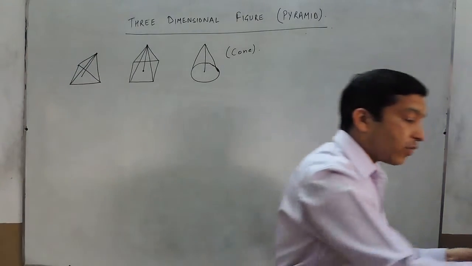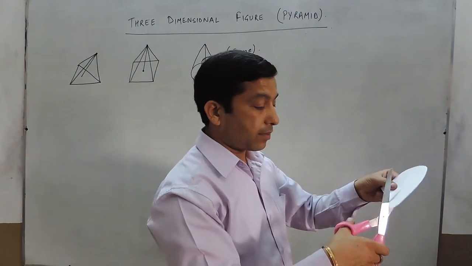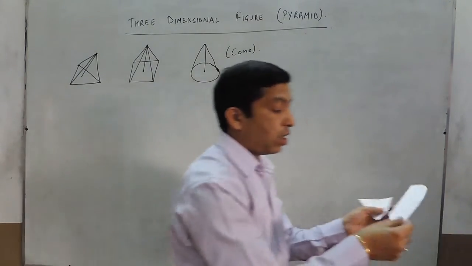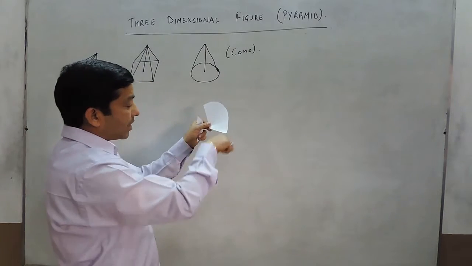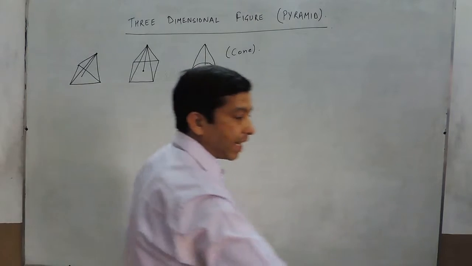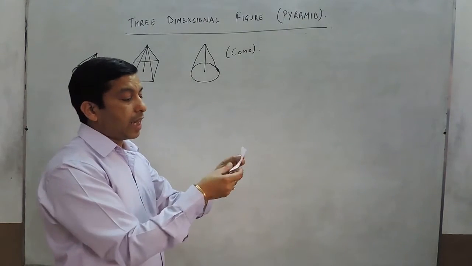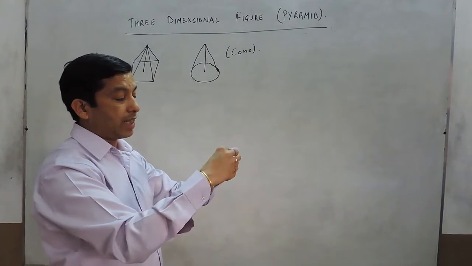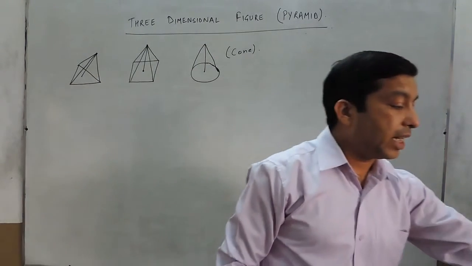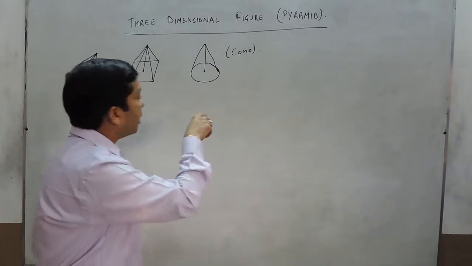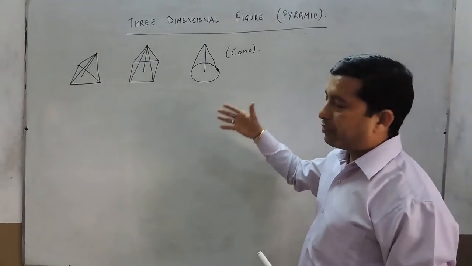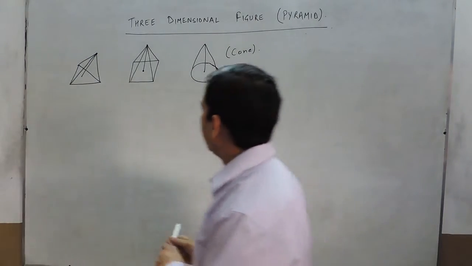Basically, if instead of this we take a sector of a complete circle, then also when we join this, it will form a cone. If we take a smaller sector, then also if we join, it will form basically a cone. So basically the cone is a figure which we define from a circle, and a circle can have any part of the sector. It can be 50%, 80% or half the circle.